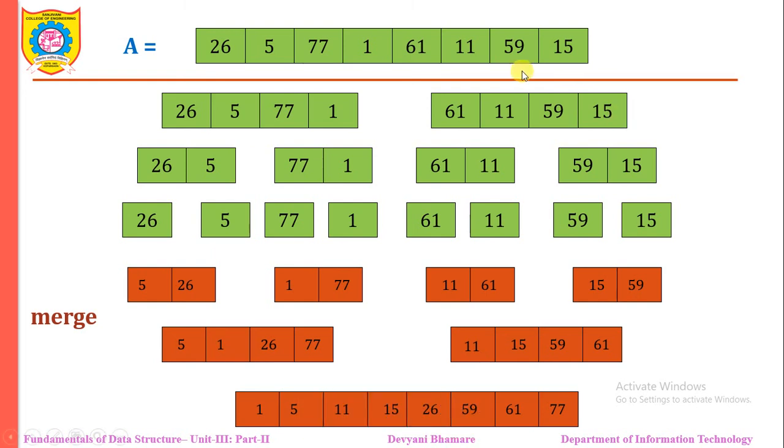So we can say that the logic is we consider the elements from the 0th element to n minus 1, which are divided into sub-arrays. We say from 0 to mid minus 1, and mid to the end of the larger array, and again each is divided at its mid. Accordingly, it continuously divides the array into sub-arrays, and once all the sub-arrays contain one element, we start merging them.